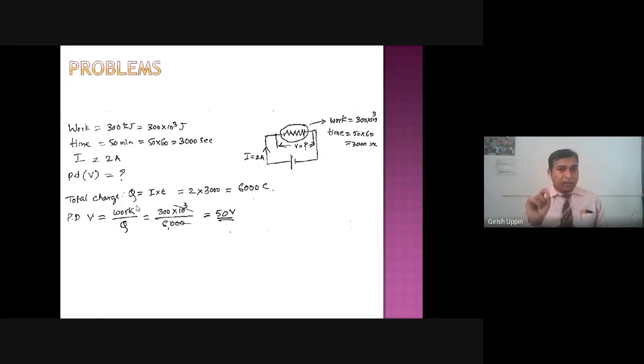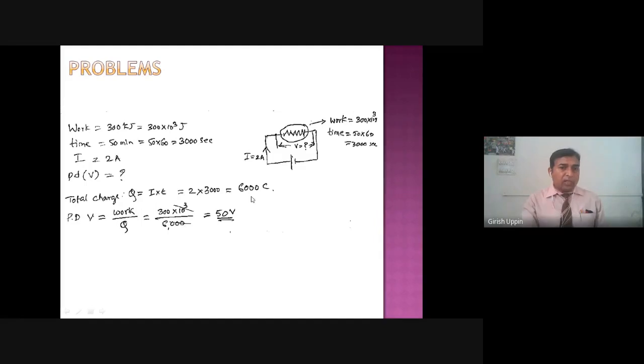Please remember that. It should always be watt second. So the best thing is, always go to the basic units. If it is kilojoules, go to the joules. If it is kilowatt, go to the watt. If it is a time, go to the second. So all the confusions will be cleared.